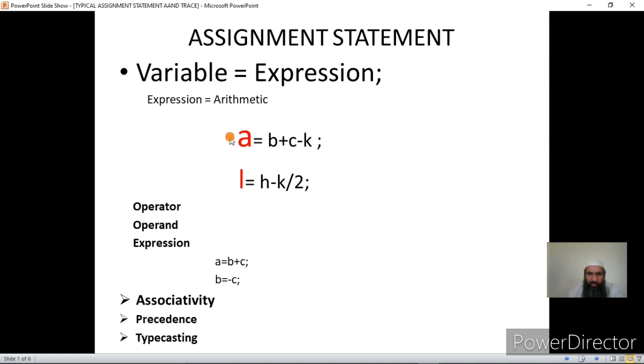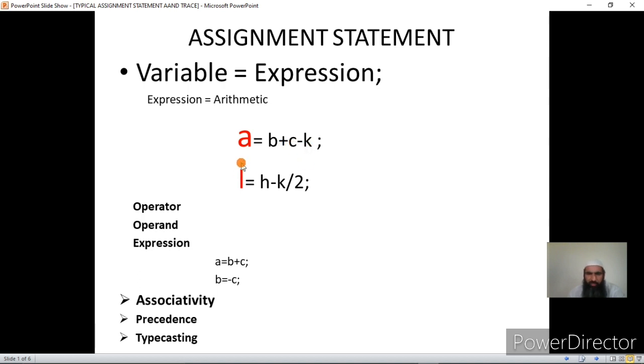Now I have two examples of the assignment statements here. Suppose I have a variable a in which I am assigning the value of this expression, that is b plus c minus k, where b, c and k are also memory locations.